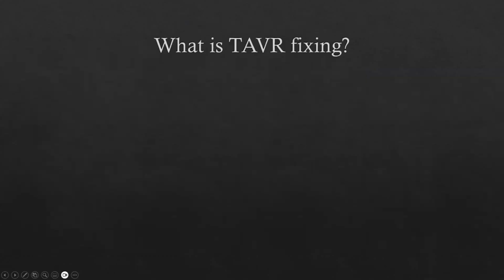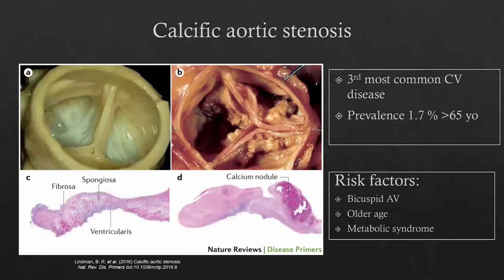All right, so kind of backing up a little bit more, what is TAVR actually fixing? TAVR fixes essentially aortic stenosis, and calcific aortic stenosis is by far the most prevalent form of aortic stenosis. In fact, it's the third most common cause of cardiovascular disease in the developed world, behind coronary artery disease and hypertension. So almost 2% of people over the age of 65 have aortic stenosis,